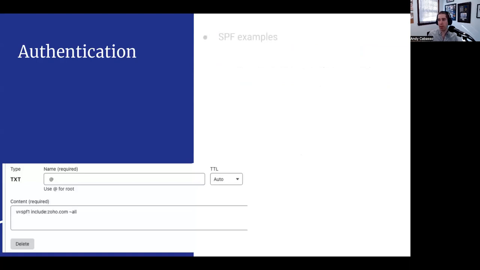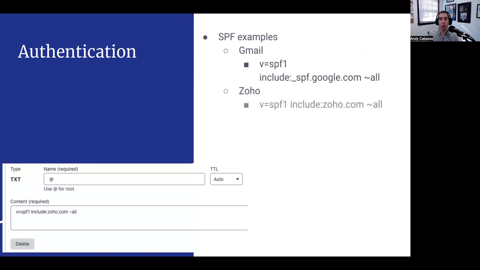So for the SPF record, here are just some examples of what SPF records look like. In your DNS, basically you're going to create a TXT record, it's called. And then the content is going to look something like this, depending on whatever email provider you're using.